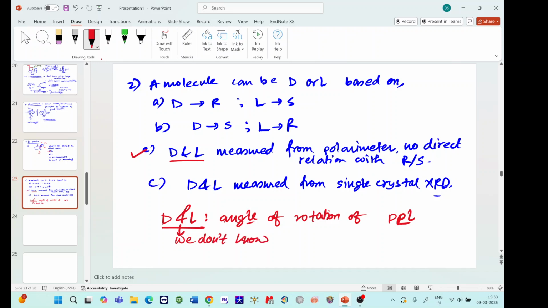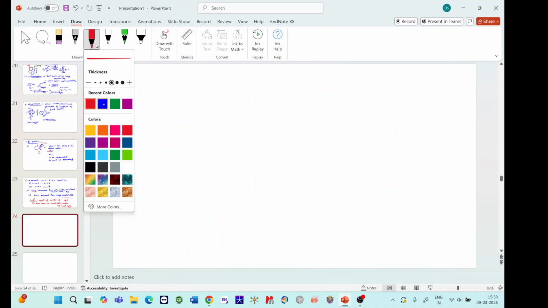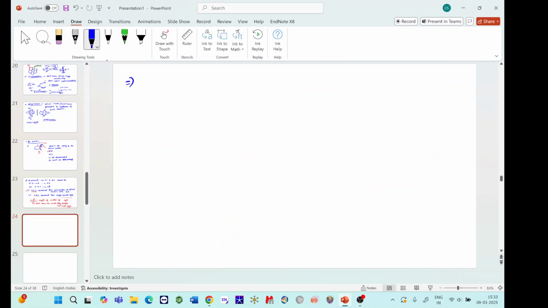And we don't know the exact R S configuration, and to know this exact configuration we need XRD. So XRD is required for getting information on R and S. So that question is